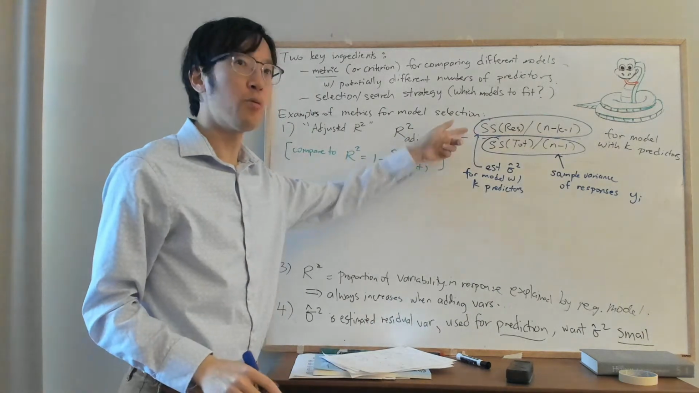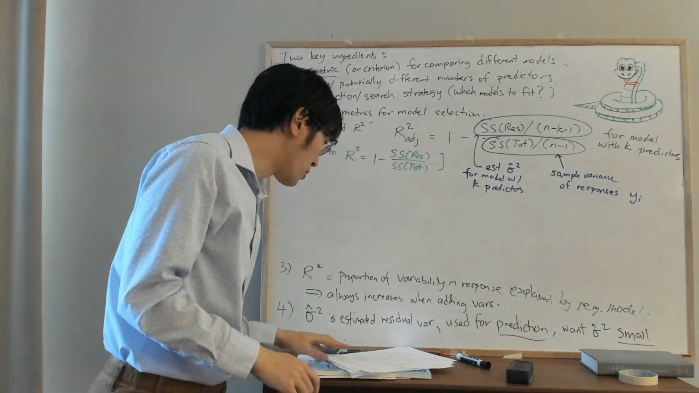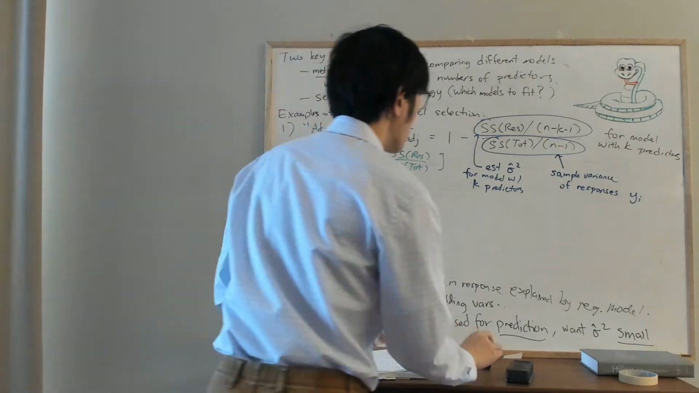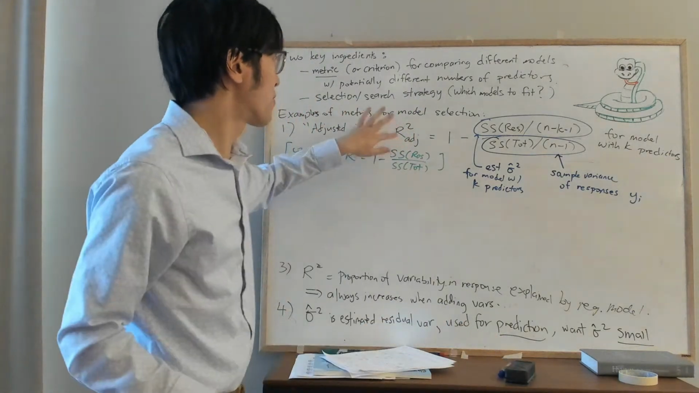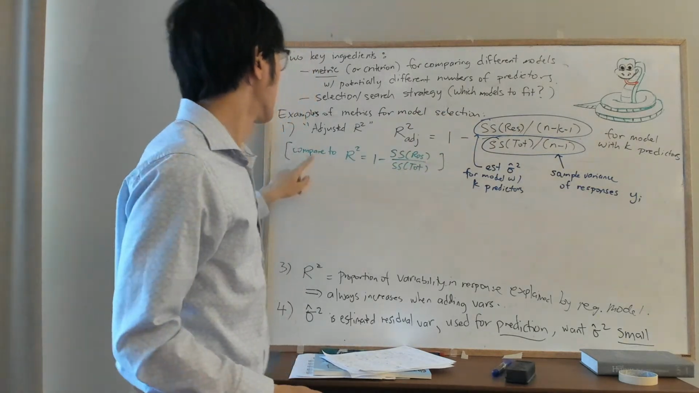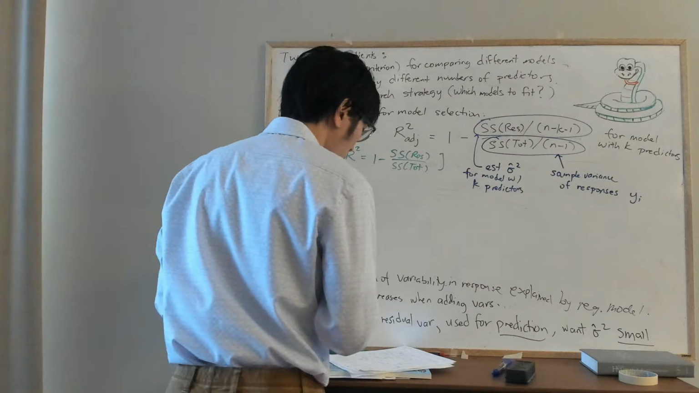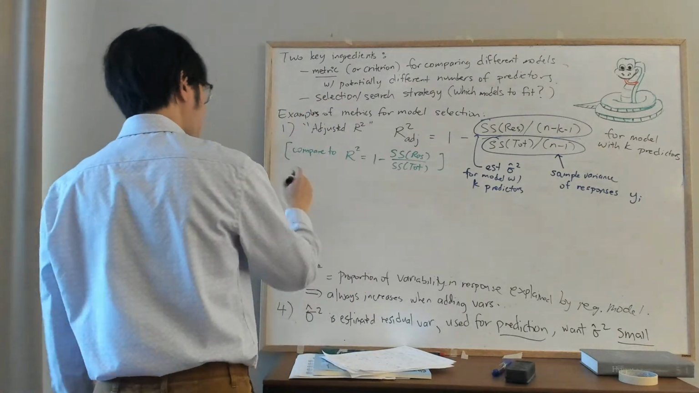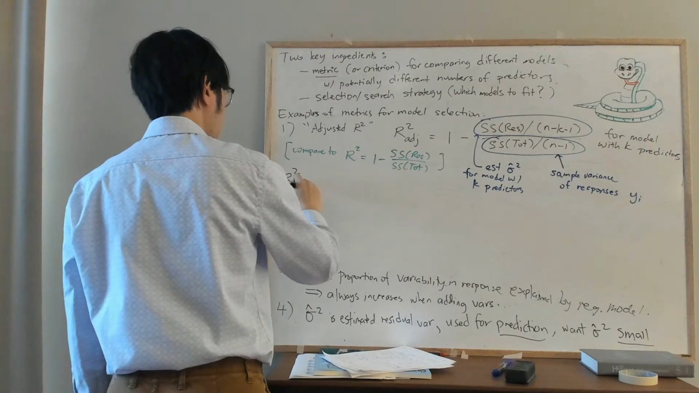Okay, so that's how we can interpret the numerator and denominator of this expression. I've kind of hand waved and said this should be smaller than r squared. So let's do a little bit of algebra to convince ourselves of that. Okay, so r squared adjusted